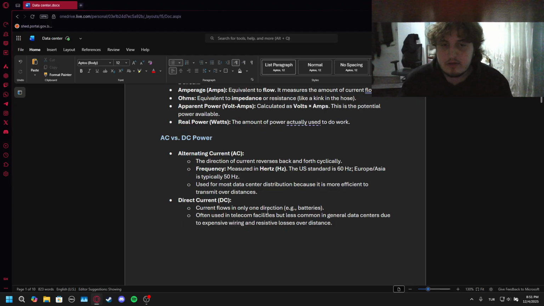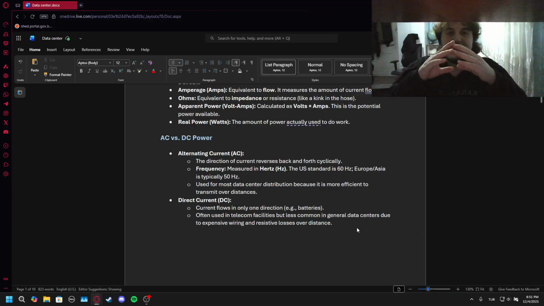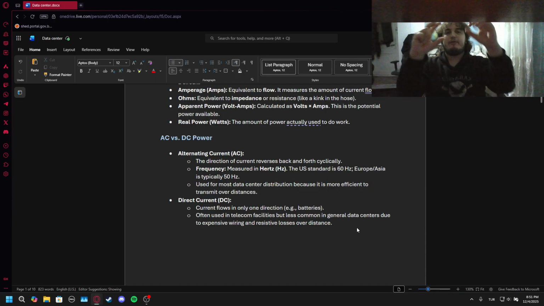Direct current flows in only one direction. An example is batteries, often used in telecom facilities but less common in general data centers due to expensive wiring and resistive losses over distance. Alternating current is basically, let's say you have a power source in a circle motion,